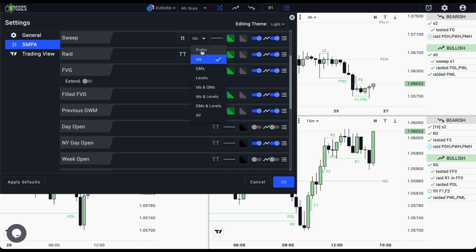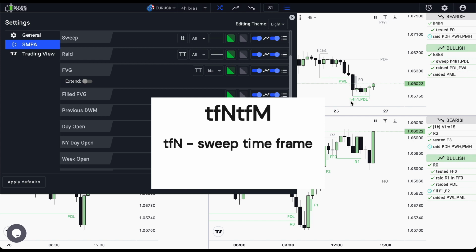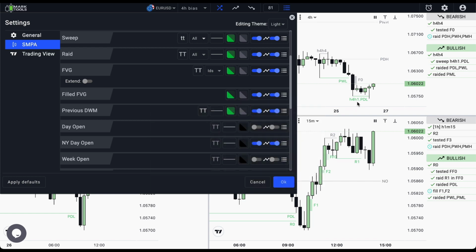There are QM patterns for sweeps which have the format TFN/TFM. TFN is the time frame where the sweep takes place. TFM is the lower time frame break of structure that happens right after the sweep and thus confirms the sweep. In label information, you can choose an option with QM in order to substitute the prefix S with the actual QM pattern. If the sweep grabs major and minor liquidity, you can add that information to the sweep label by choosing an option with level in label information.